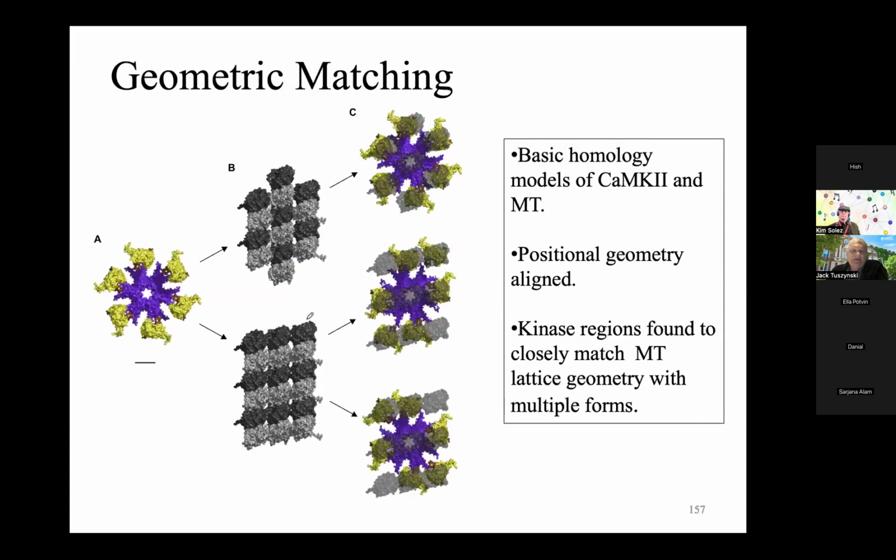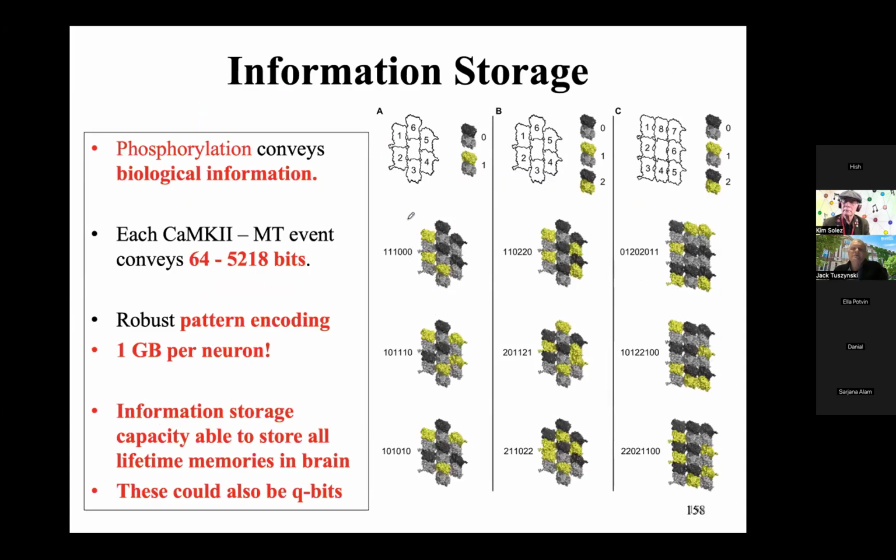And what's amazing is that it's a beautiful geometrical matching of this enzyme, also looking like a snowflake, and this is a part of the microtubule lattice. As you can see here, it superimposes almost perfectly, and there's also electrostatic matching. So that is based on geometry and physics. Here you can see different representations of the various states on a patch of tubulin on microtubules. When you count the number of possible states, you can see that there could be 1 gigabyte of information per neuron, just by phosphorylation of the microtubule surfaces.